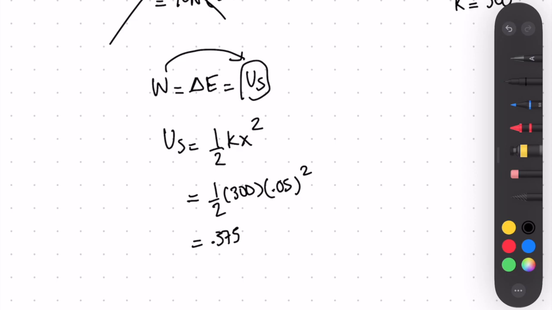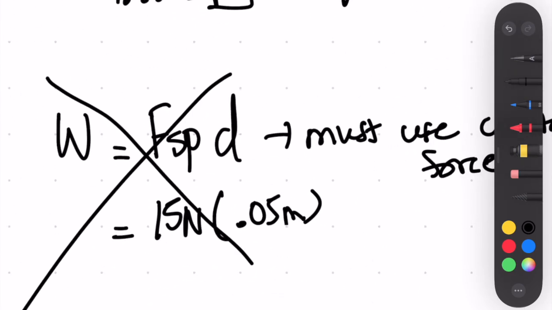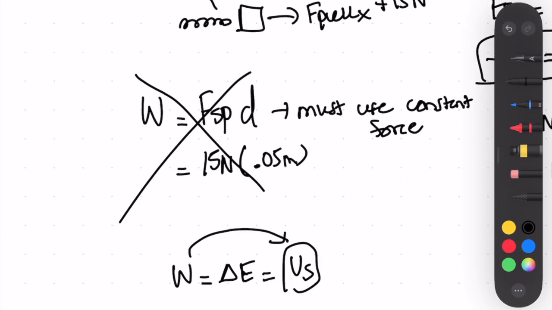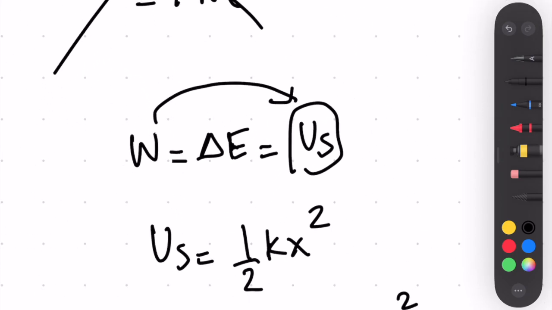So we're considering the work as referring to the spring potential energy, as opposed to work being equal to some constant force times the distance. It's really good that they gave you the diagram there to understand that the F pull force from that little diagram is not a constant force as you increase the distance that you compress or stretch it by. And because it's not a constant force, we're not able to use the work equals force times distance equation. So we instead have to refer to the work energy theorem, to relate work